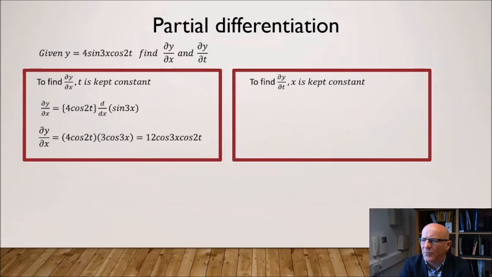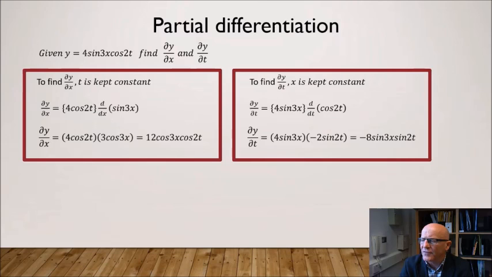And to find ∂y/∂t, x is kept constant. ∂y/∂t, this time we have {4 sine 3x kept constant} d/dt of cos 2t. ∂y/∂t equals 4 sine 3x times minus 2 sine 2t, and that equals minus 8 sine